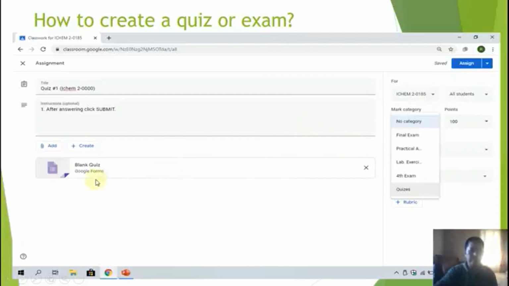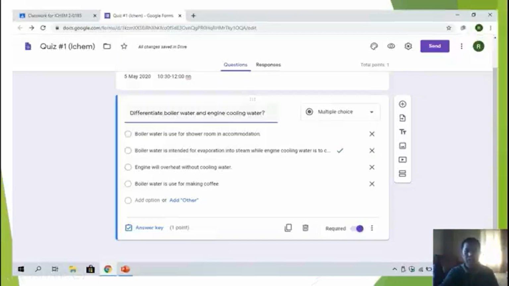And here you can see there is a blank quiz Google Forms. If you have already created one in your Google Drive, you have to hit this X, place this X. But now we have not yet created, so we use this blank quiz. If I click this blank quiz, there is a questionnaire window that appears like this, but here there is no question and answer. So I just show you here.